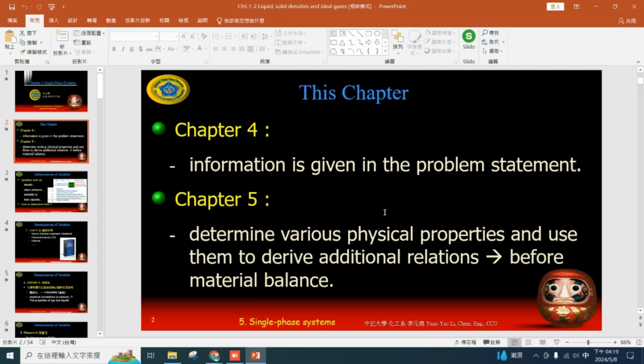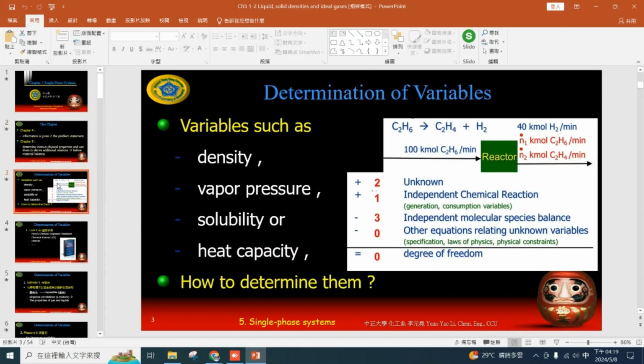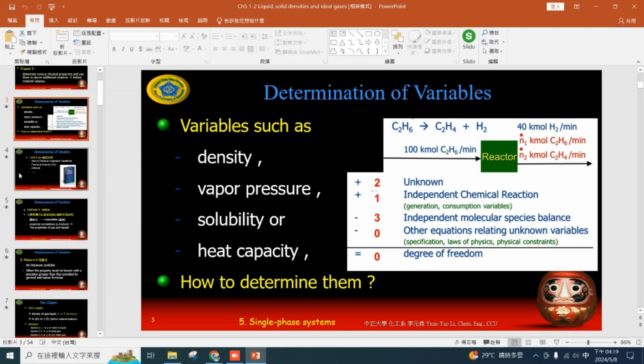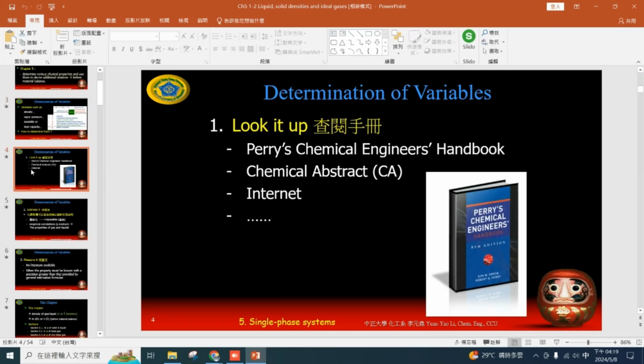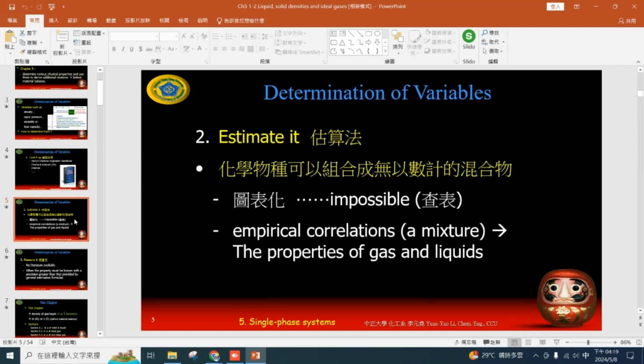In the DOF. And so there are three methods to find out the variables. First one is check the data, right? First one, find the books and get the answer. This is one. The second one is that if you have a combination of a mixture, that makes